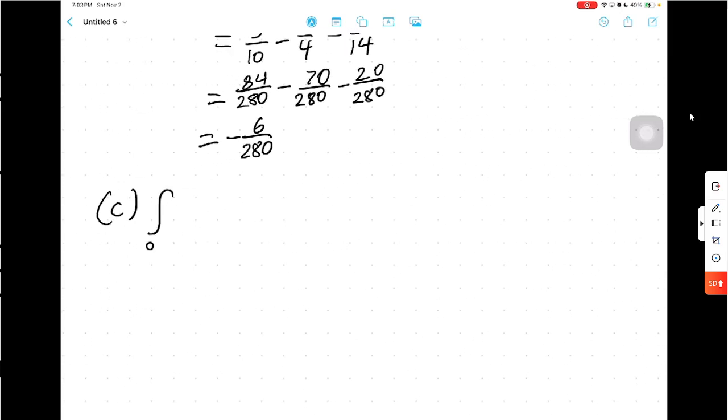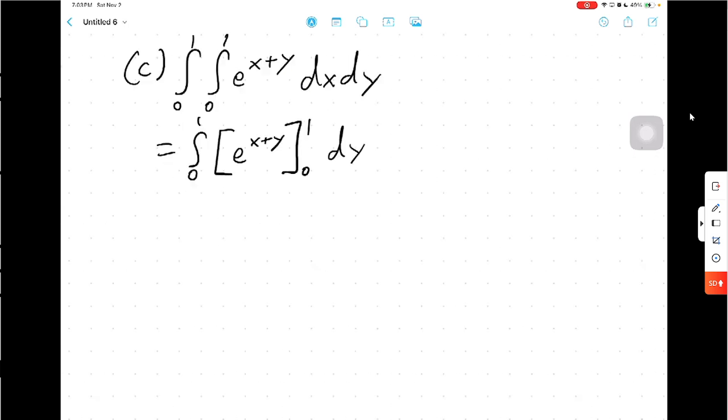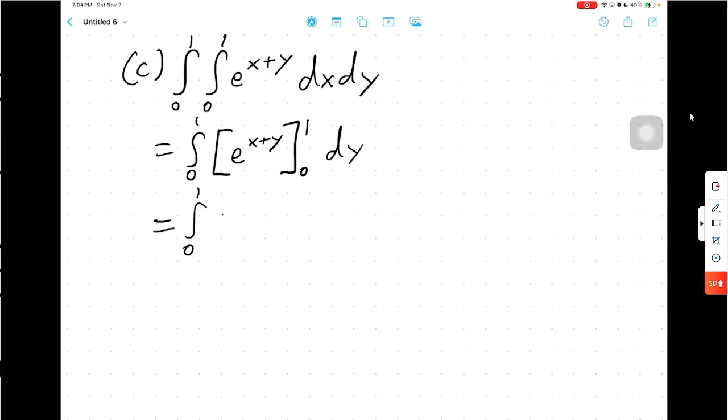C. Integral from 0 to 1 of integral from 0 to 1 of e to the x plus y dx dy. Integral from 0 to 1 of, the integral of e to the x plus y is going to be e to the x plus y actually. From 0 to 1, this is on x, so you're going to get e to the 1 plus y minus e to the y,